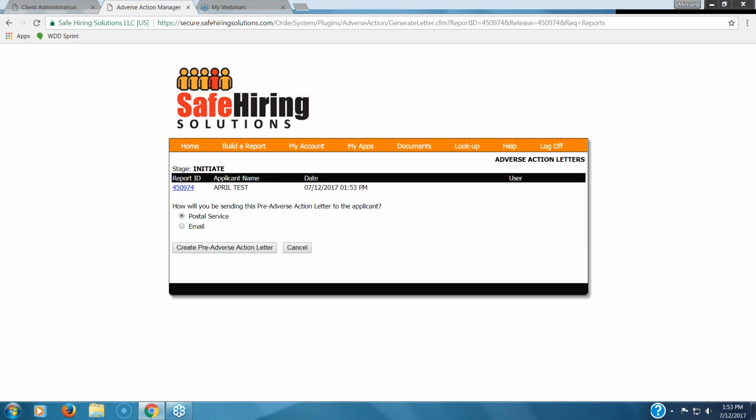You can generate it via email if you wish. We have this defaulted to postal service. We highly recommend that you send via U.S. Postal Service, and actually recommend that you send it certified so that you have a tracking mechanism to make sure that the candidate did receive the pre-adverse action letter. Once you choose which option you would like to use, you can click Create Pre-Adverse Action Letter,